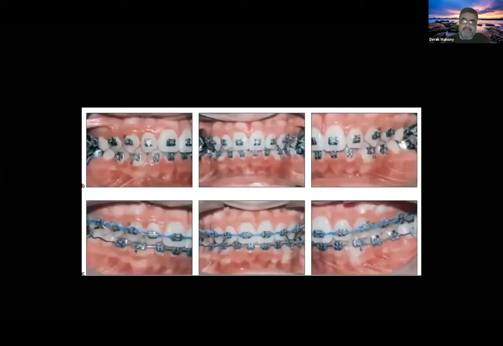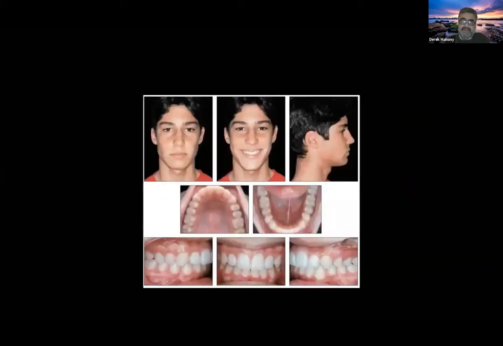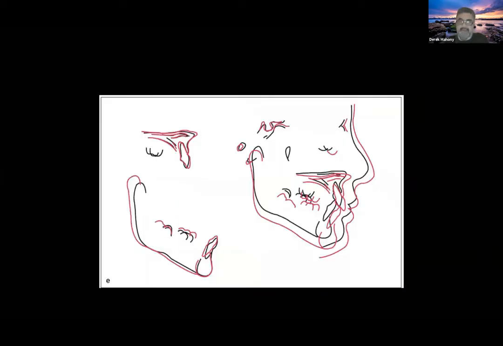His treatment involved stepwise advancement with a MARA and then fixed. And you can see he ends up with a much better lower anterior face height. You can see his class 2 correction, his nice arch forms, okay? And if you superimpose, you'll see minimal tipping of the lower incisors, because in many class 2 cases I see,